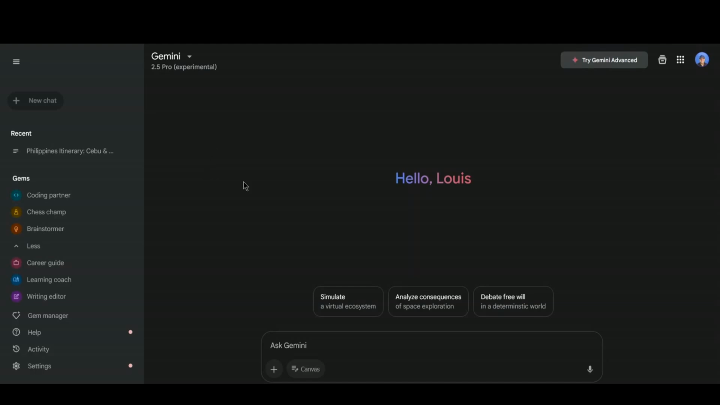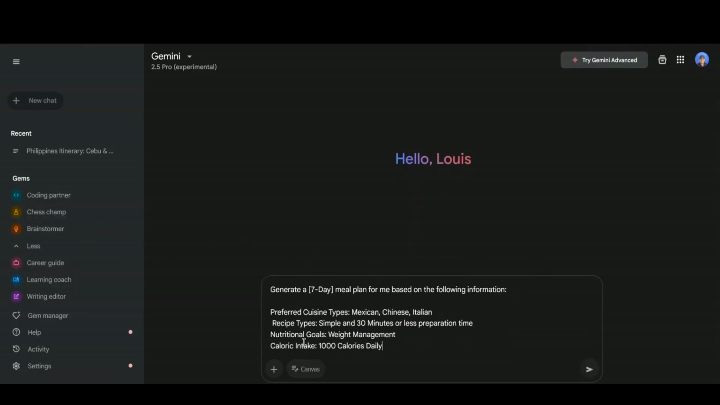Real quick before I do this second prompt, you can see here this is their new experimental LLM, and you can see here these are some of the gems. These are already pre-made, so you could go in and try the coding or some different things here. But I'm going to paste in this prompt, and it says generate a 7-day meal plan for me based